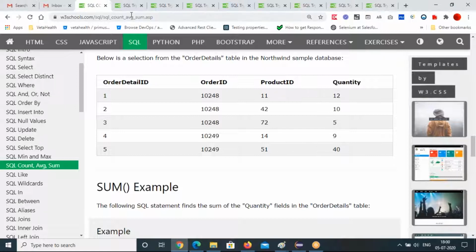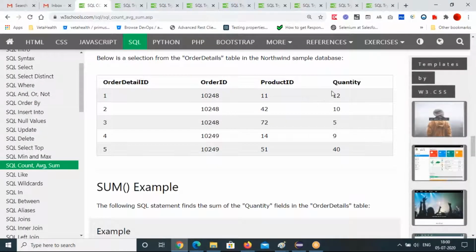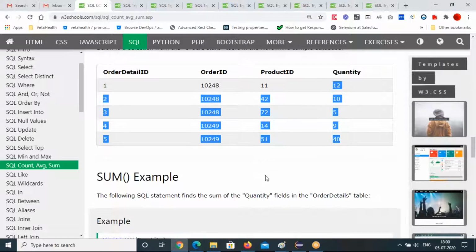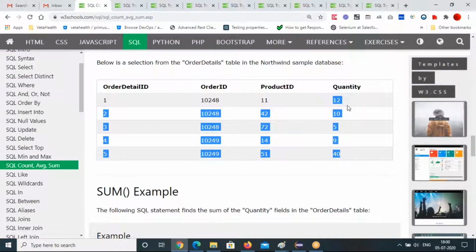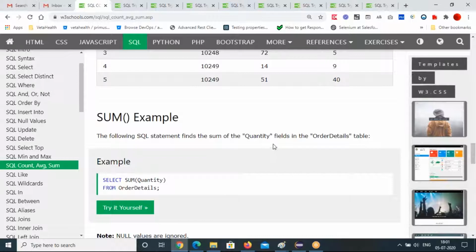We don't have this much, right? Order ID it is taking. Quantity. Sum of this means 32, 5, 9, 40. I think it's multiplying something here. We need to find out how this is designed. Maybe some quantity is multiplied. The sum of quantity fields in the order details table.